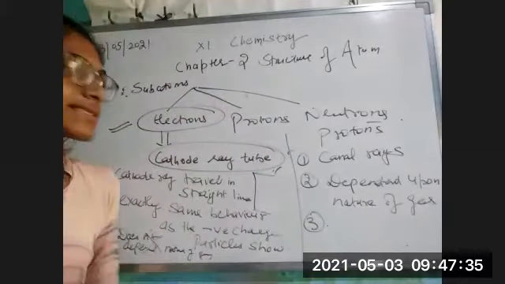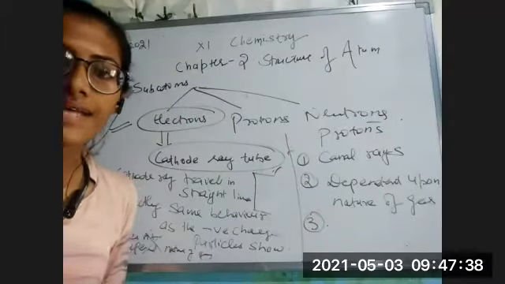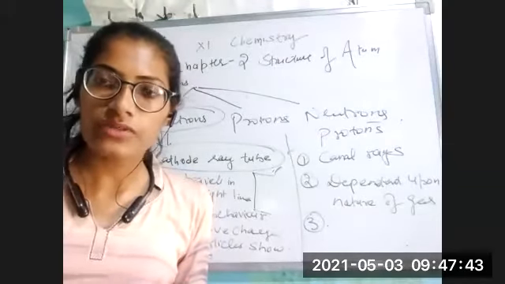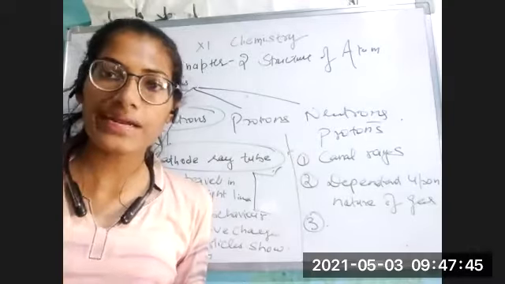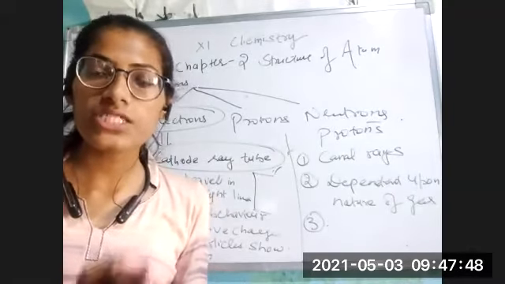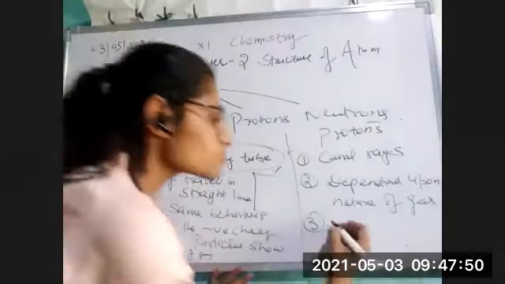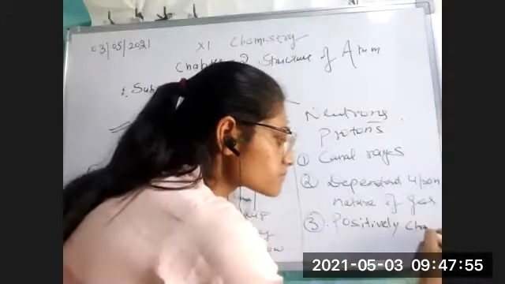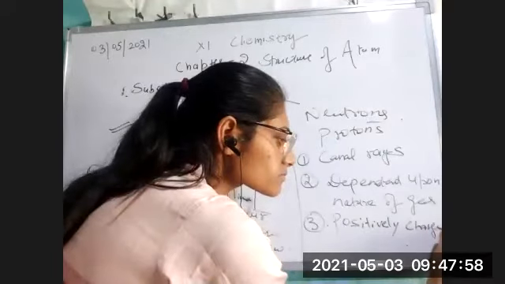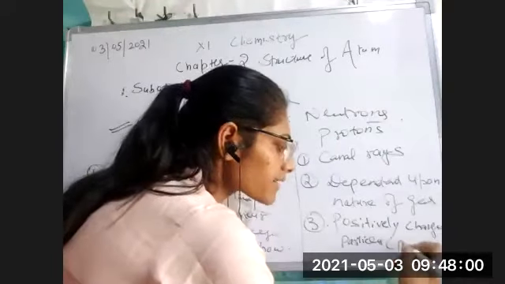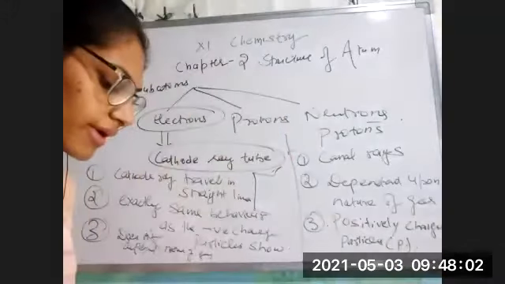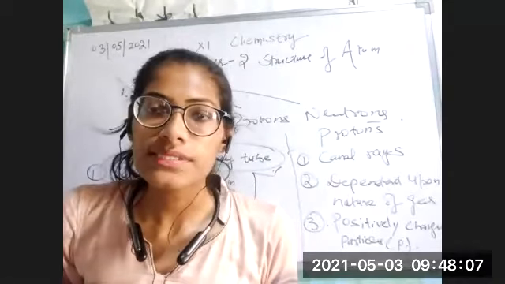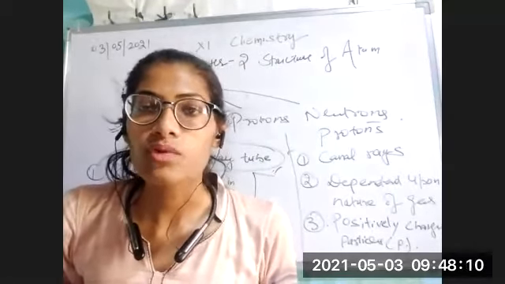And third point, since they were dependent upon the nature of gas, that means there is something which is highly dependent, and these were the positively charged particles, and hence we gave them another name, that is proton. Okay, so the electron was discovered, the proton was discovered, and after some time there was a scientist known